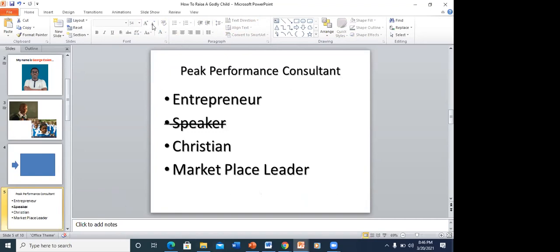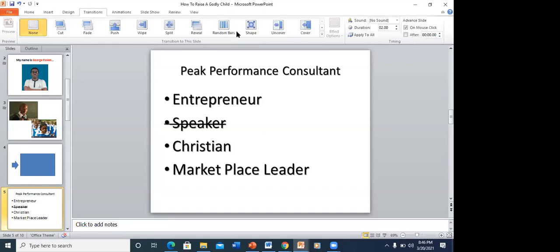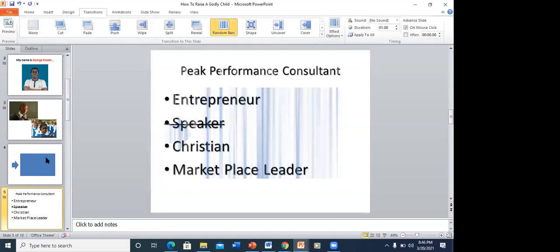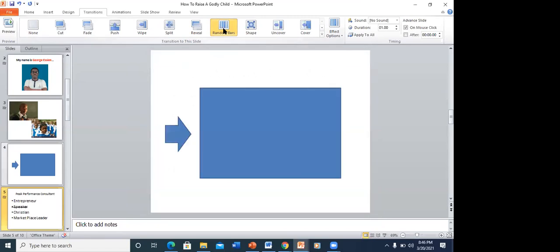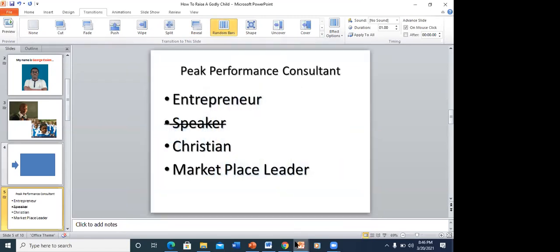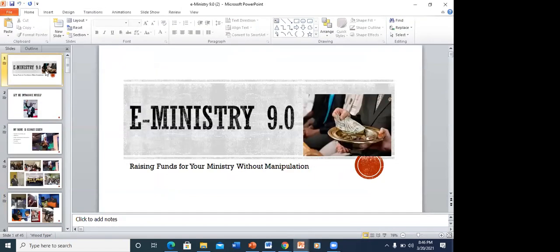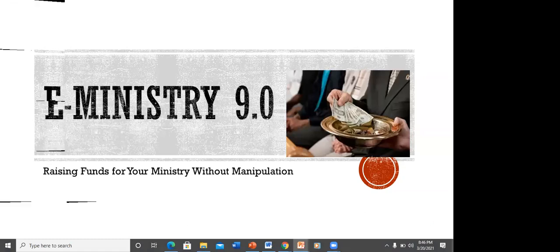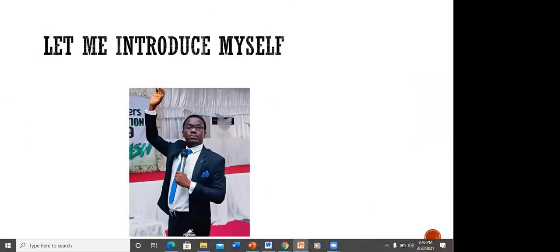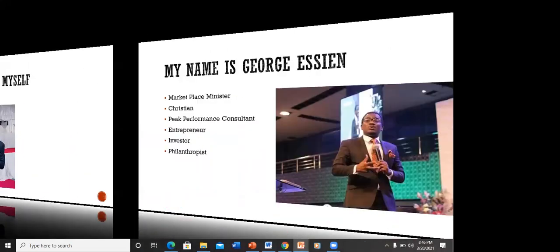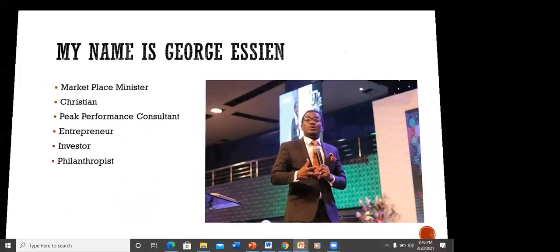So let's make sure we add some transitions so that it looks beautiful. And this should also have transitions. All right. Good. Now I want to see if I can show you a slide we did. I've not completed this, but there was something we did recently, a few days ago. So this is not what I used eventually, but basically, let's see how it goes.